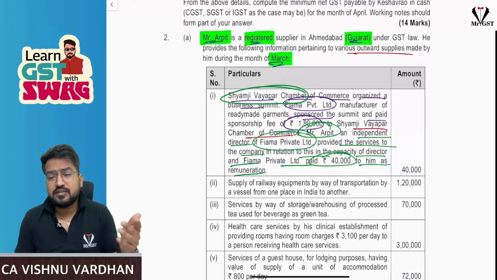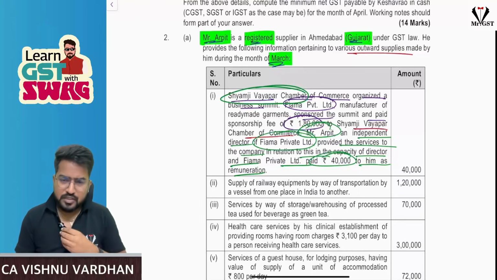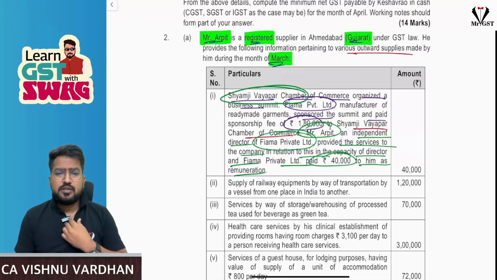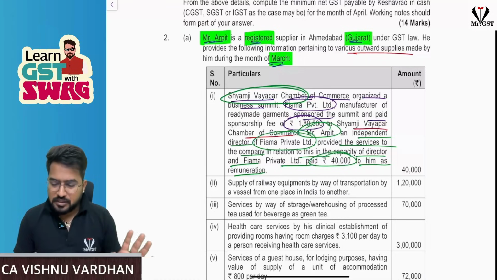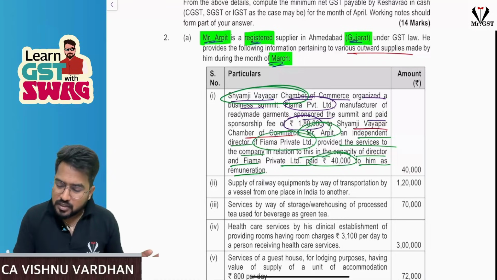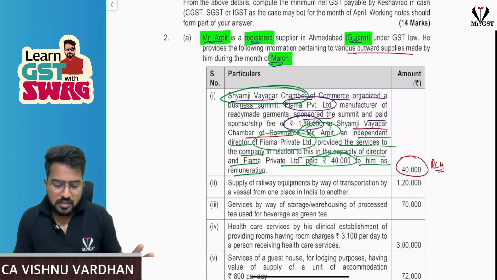When he is providing his services as a director, obviously what should we do? For the director remuneration he is receiving, RCM will come into picture. So on this 40,000, RCM will come into picture. So no GST liability in the hands of Mr. Arpit. Okay, that is what we have to understand. Next,